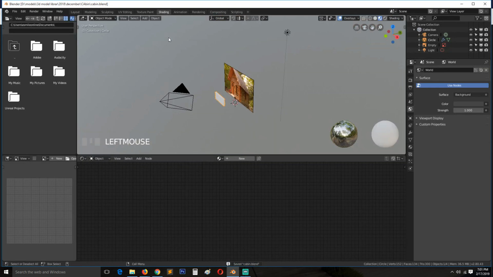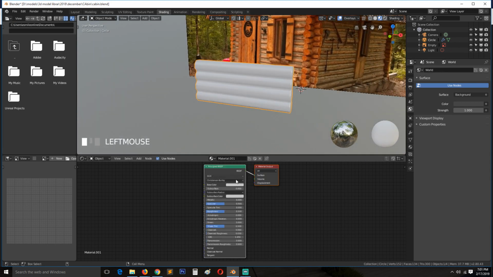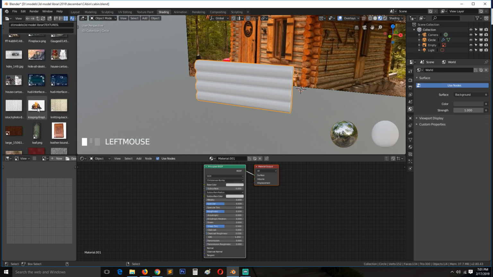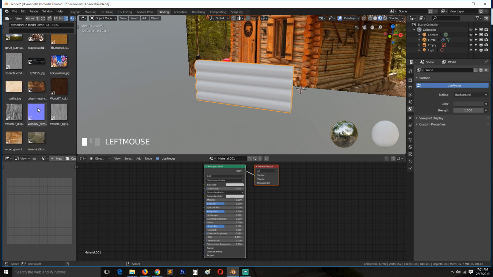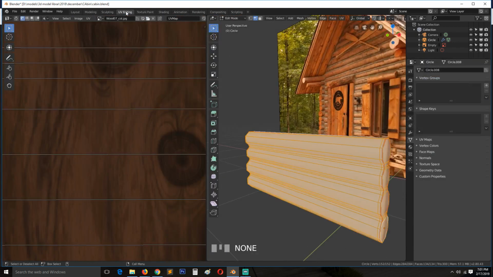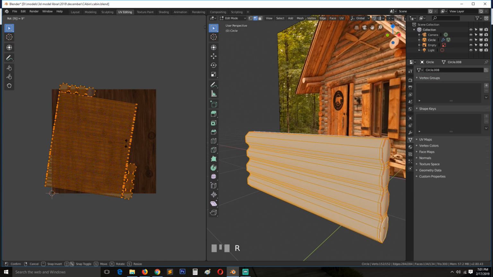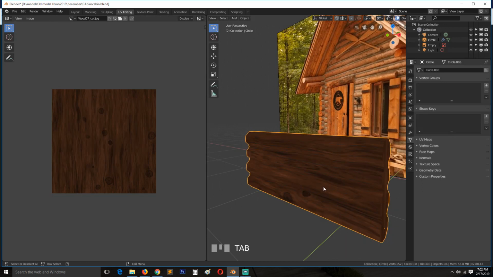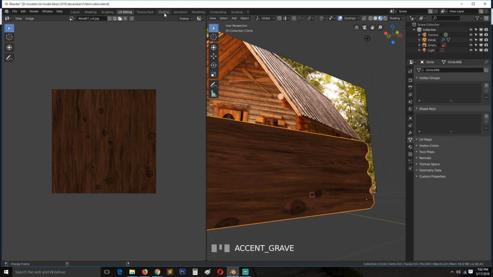So we can go to shading, new material, and start texturing. I'll go to my textures. Let's see if I can find something that would work for our log. Let me try using this. I need this rotated, so I can rotate these UVs 90 degrees. Let's go to textured mode. You can see,